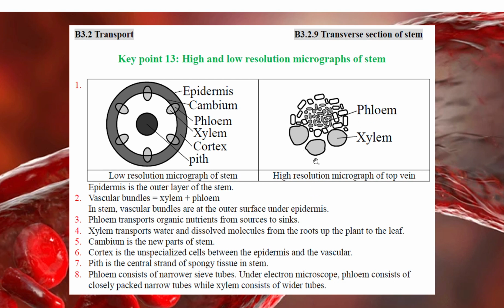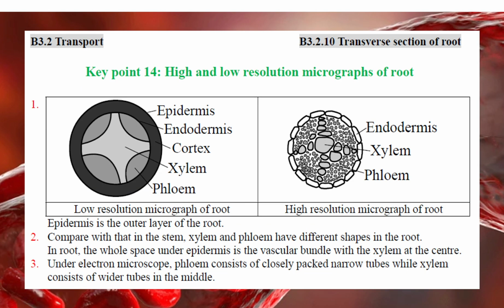And I drew it very well here, but actually in the exam, when you see the electron micrograph, maybe it's a little bit confusing. So make sure the big one is xylem, the small one is phloem. And for the roots, completely different. For the roots, the xylem and phloem are the whole thing, no other thing. So xylem and phloem, the xylem is inside like a cross, and the phloem is outside. It's still inside and outside, but a different